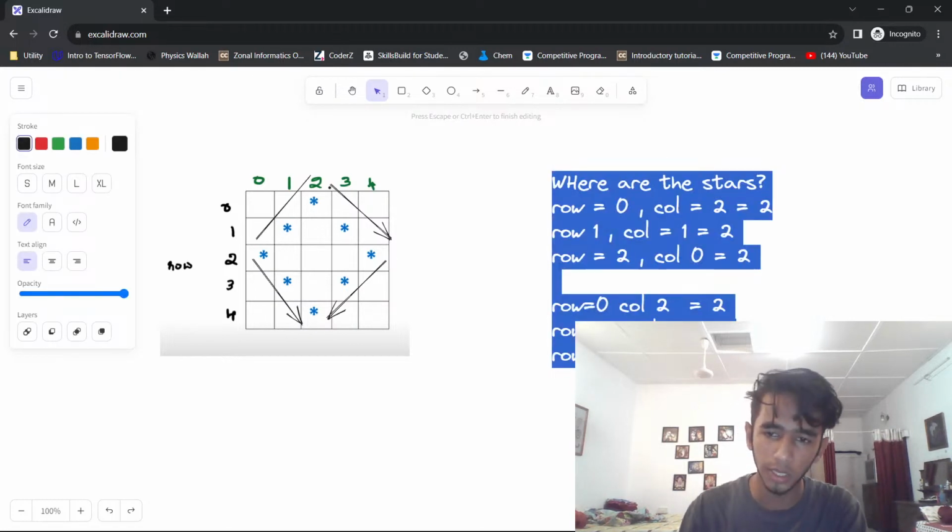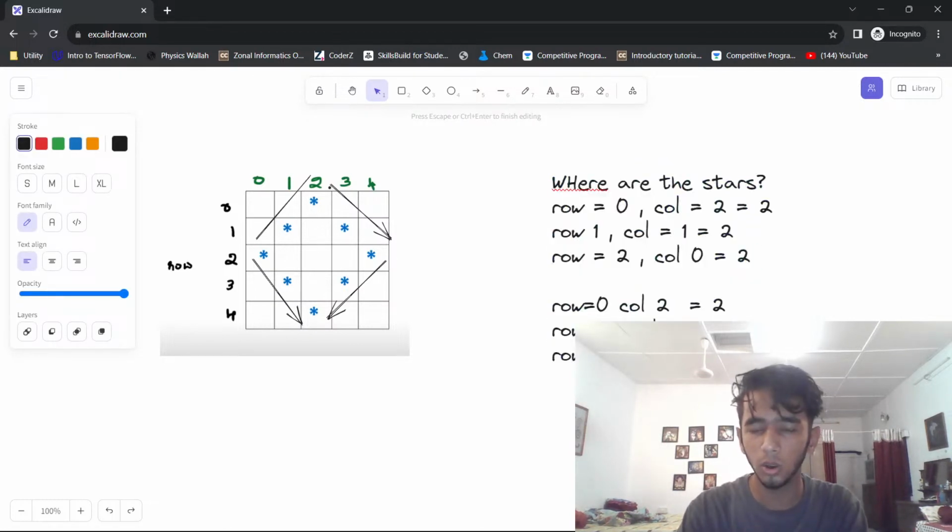Now let's go further down. When we go further down, you'll see that till this level our stars printing is done. In the lower level we have row is equal to 3 and column is equal to 1, row is equal to 4 and column is equal to 2, and then we'll look at these stars. Here our row is equal to 3 and column is equal to 3, and our row is equal to 4 and column is equal to